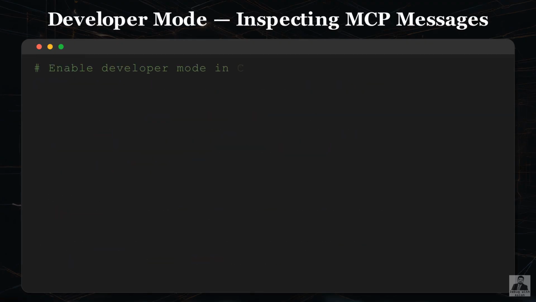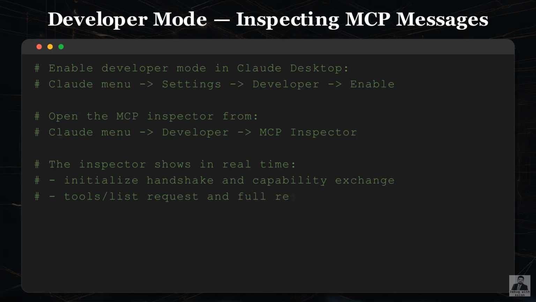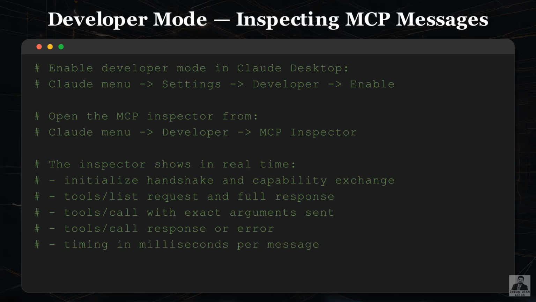Developer mode is the most powerful debugging tool in Claude Desktop. Enable it from the developer section of settings. The MCP inspector panel then shows every JSON-RPC message in real time as it flows between Claude and your servers. You can see the exact arguments the model passed to a tool call, the exact response your server returned, and the timing of each message. When a tool behaves unexpectedly, this panel tells you immediately whether the problem is in what the model sent or